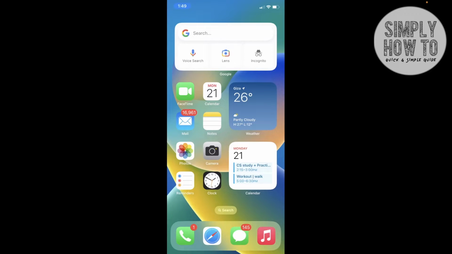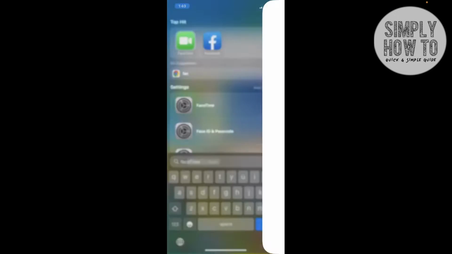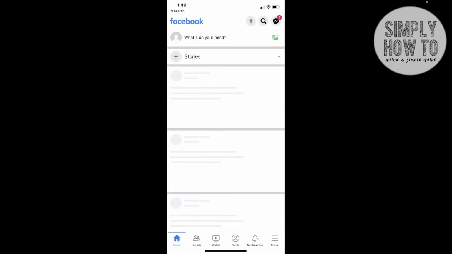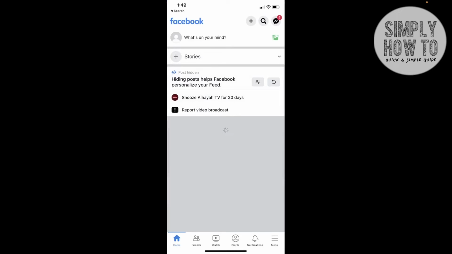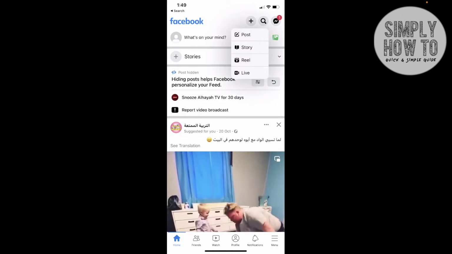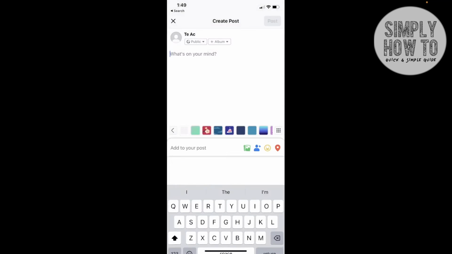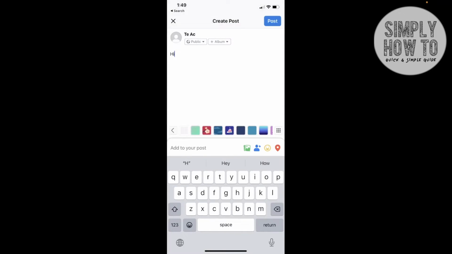So now here we are on an iPhone. We're gonna now search for Facebook and open it. Let's scroll down and search for Facebook, and here we're opening it. And then let's make a post, just any random post. Click on the plus icon here and then click on post this, like public, and then write anything, hi for